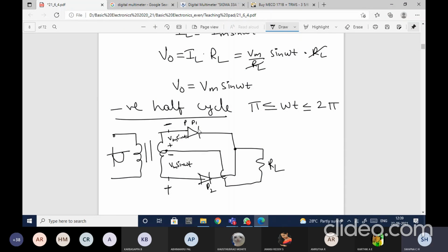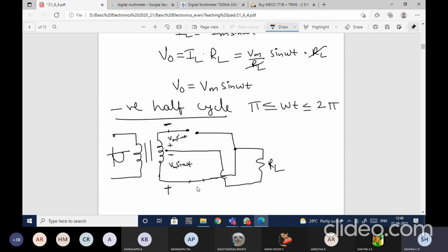So this is my P and this is my N. P is connected to negative and N is connected to positive. So diode D1 will be reverse biased. Reverse biased in the sense it will work as open. So let me just open it. Now coming to the second diode D2. This is P and this is N. P is connected to positive and N is connected to negative. So again this diode will be forward biased. Forward biased we will replace with short.